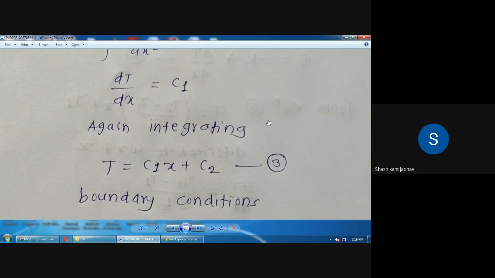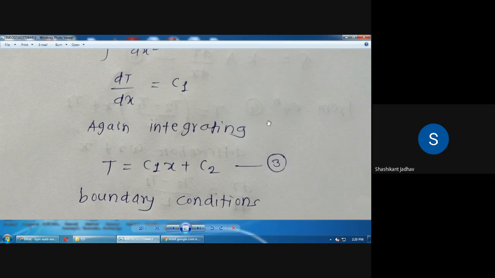No, we don't go into the equation. We have to see that diagram. In that diagram, suppose x is equal to 0 means L is equal to 0. If the thickness of the component is 0, what will the temperature be at that time? Means the left hand face is there, and on the left hand face what is the temperature? T1. So at x is equal to 0, T is equal to T1. So this is the first boundary condition.